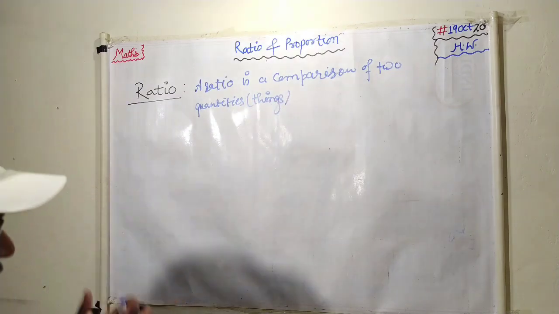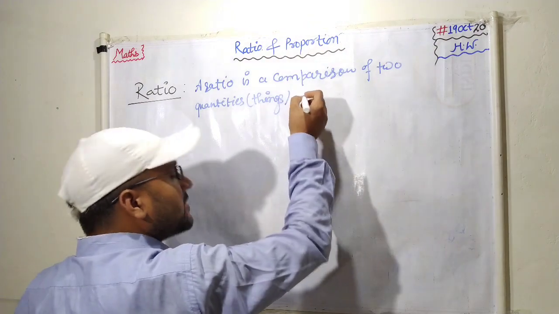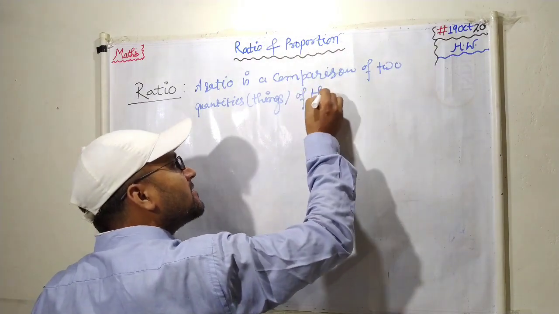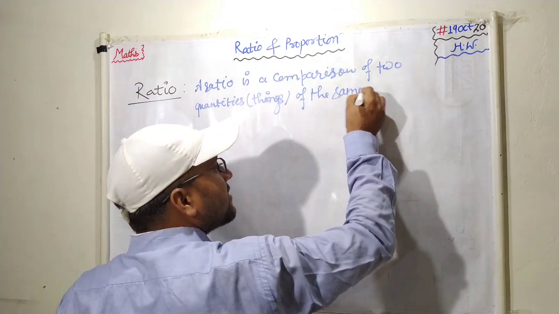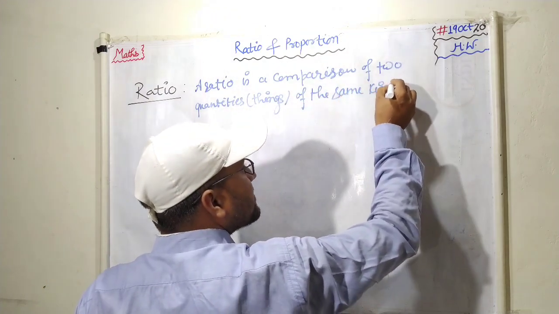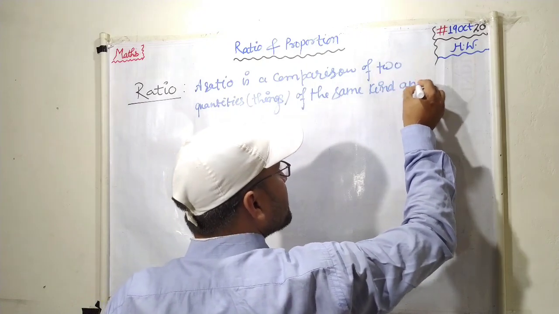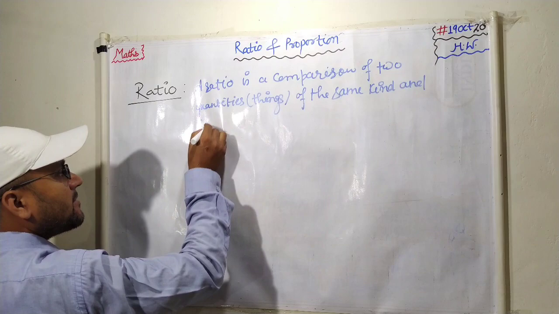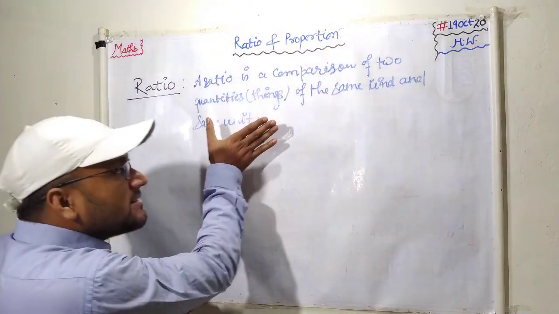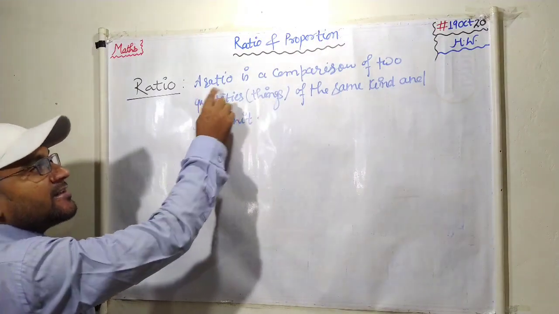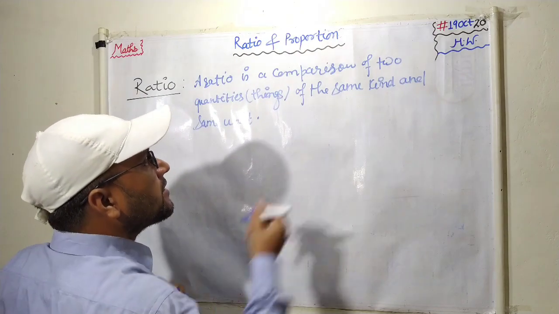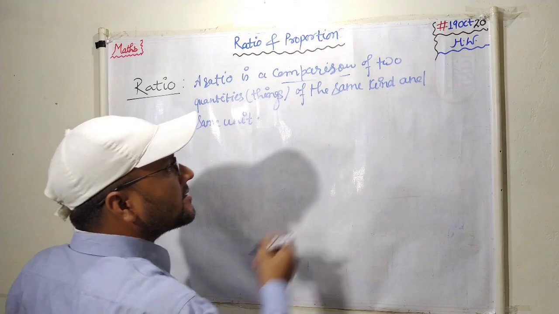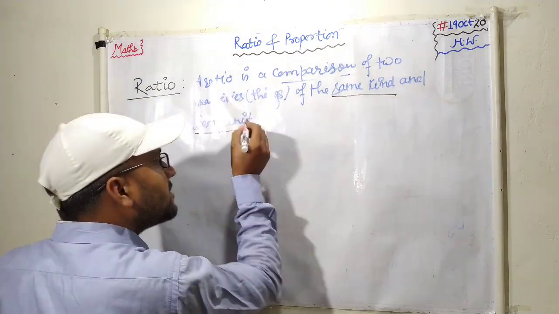Two quantities are two things of the same kind and same unit. Same kind and the same unit. This is the definition. A ratio is a comparison of two quantities of the same kind and the same unit,